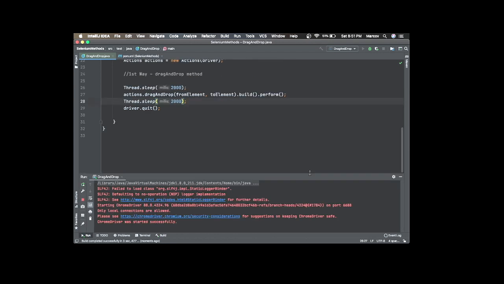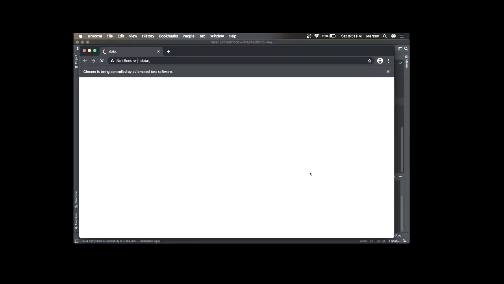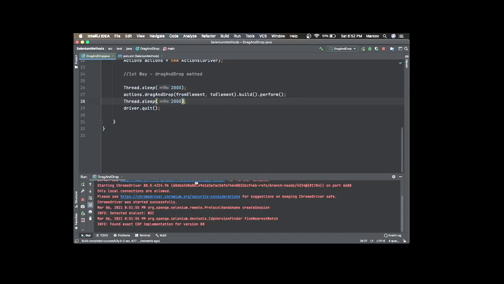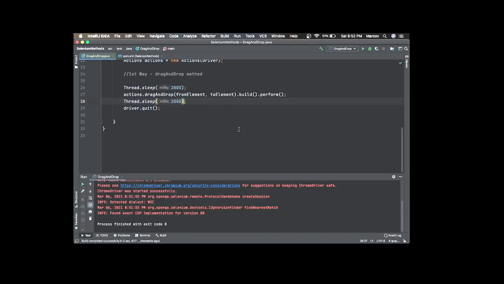This should launch the browser first, and then it should navigate to jqueryui.com, and if you watch this carefully, it should perform the operation. Yeah, so it dragged the source element to the target destination. So the first way is successful. Let's just comment this out, and we are going to implement the second way,